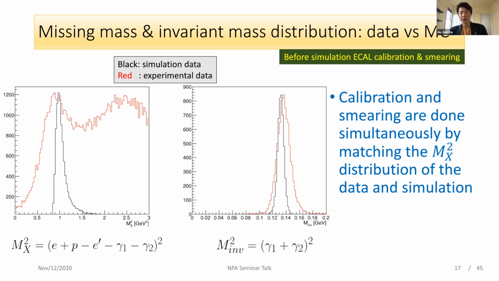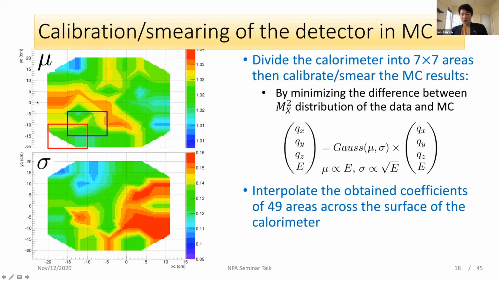The way we calibrate the energy resolution of the calorimeter in the simulation is by matching this missing mass distribution on the proton mass peak side. The gain calibration and the smearing of the energy are performed event by event simultaneously. It multiplies the four-momentum of the photon by a random variable following a Gaussian distribution, where mu and sigma are the calibration coefficients and the smearing coefficients, respectively. The coefficients depend on the energy of the photons,